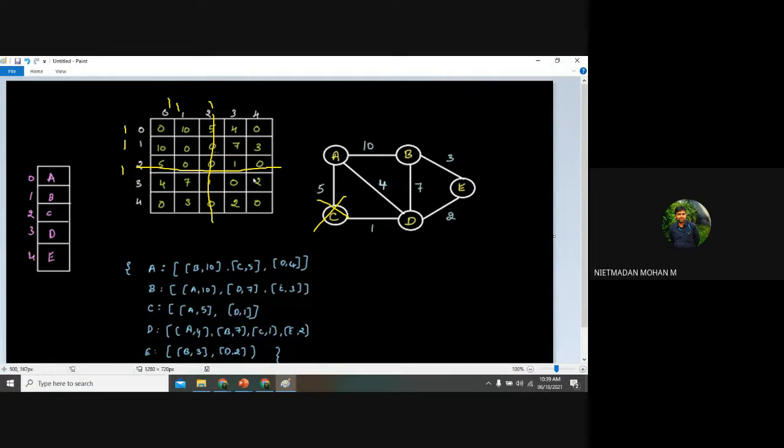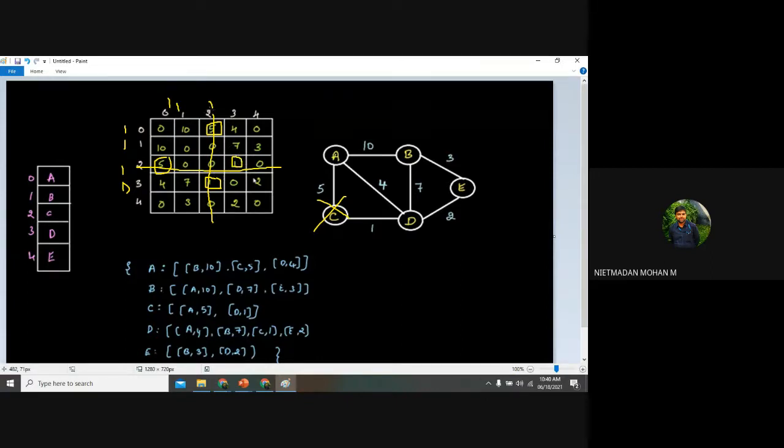So remaining all the nodes, all the weightage also will be deleted automatically, right? So whatever weightage has been given, this 5 and 1 also will be deleted here. You can see here one value has been deleted, that is 5. That is traversing from A to C, that is deleted. And here the weightage will be 1, that is traversing from C to D, that is also deleted. So this is the D, right? This is D, and D to C, one weightage will be there, that is 1, that also will be deleted. And here same, this is undirected graph, so we have deleted 4 weightage in this graph.